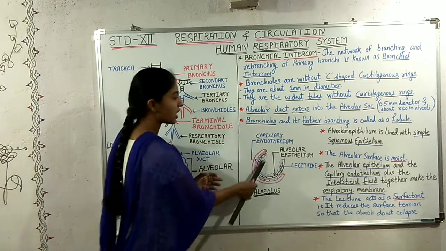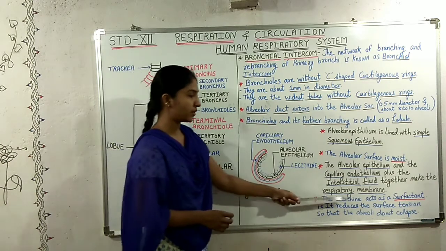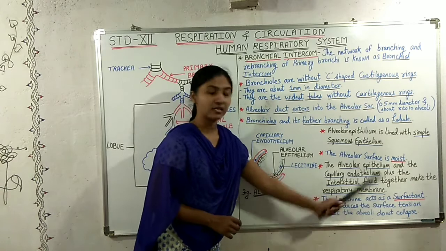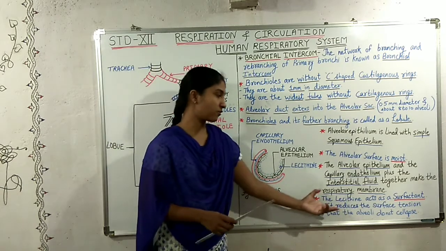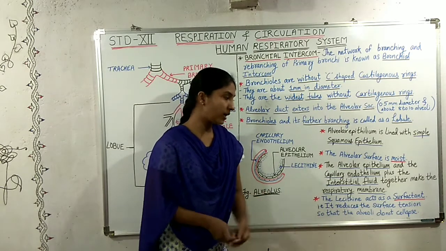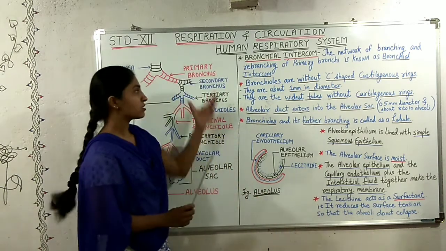Now inside this alveolus there is lecithin present. This lecithin acts as a surfactant. Surfactant means it reduces the surface tension so that the alveoli do not collapse. So this is how the structure